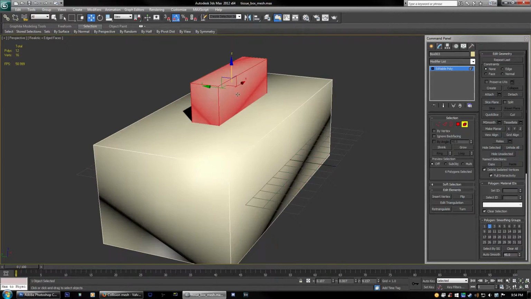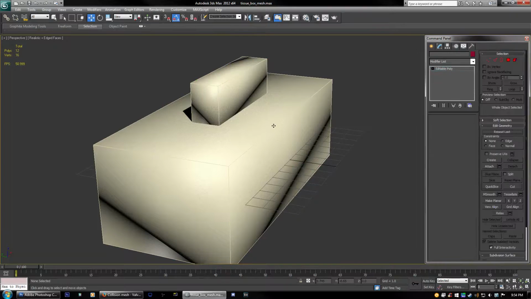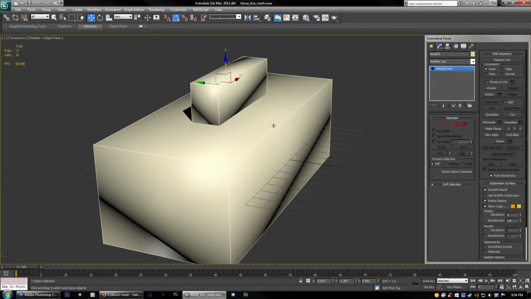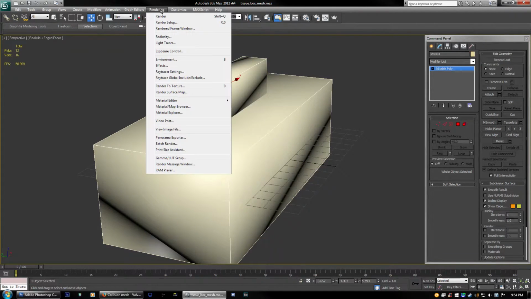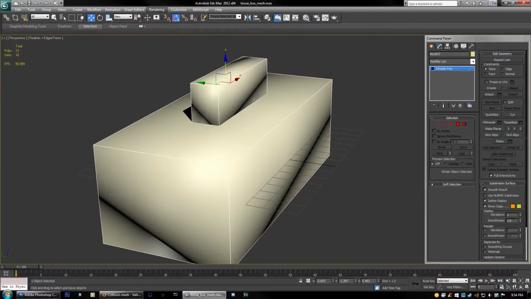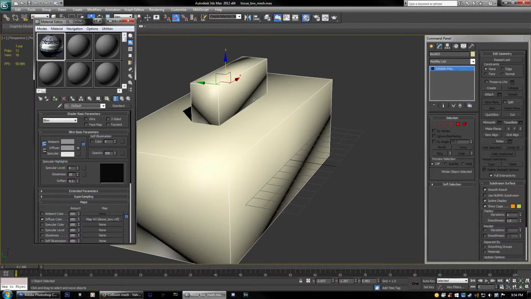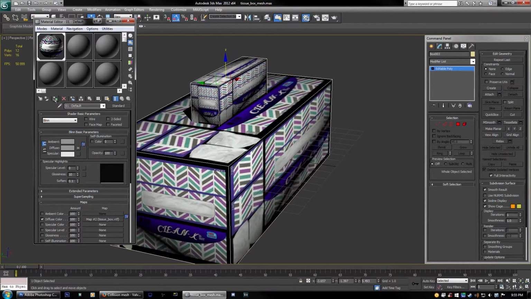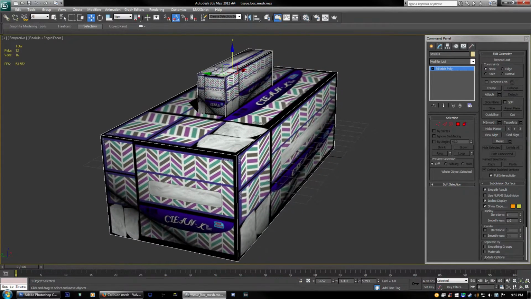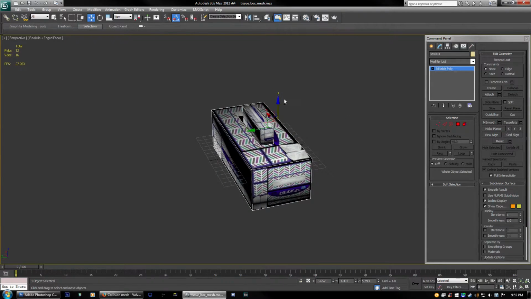All right, so this is number 1. This is number 2. Now we can deselect it. And then we're going to want to assign a material. It can be any material you want. It is inconsequential. It does not matter. The exporter simply needs to know that there's something there to export. So we're just going to apply the same material that we used for our mesh. And then we're going to make sure that the